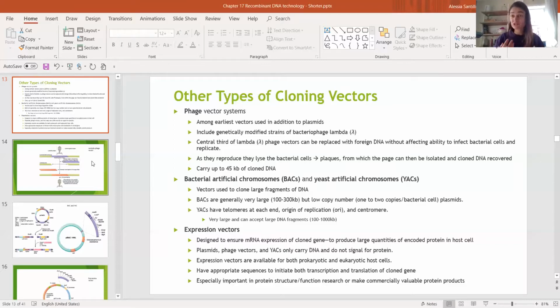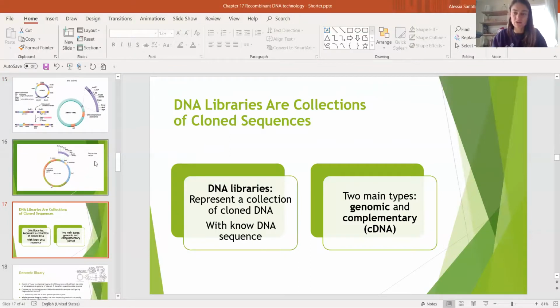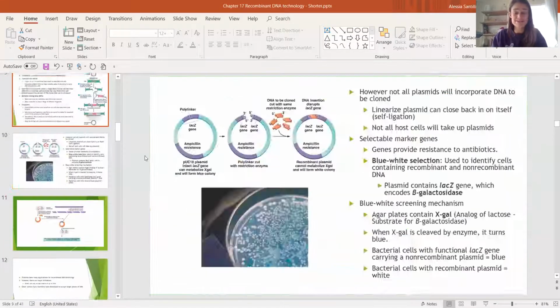So this type of DNA is known as complementary DNA, and I believe we do talk about it in the chapter, but I just wanted to throw that out there just in case we didn't. Oh, here, complementary DNA. Okay, so that is it for section 17.1,